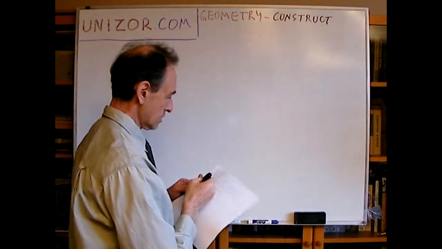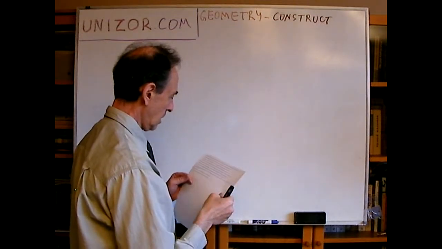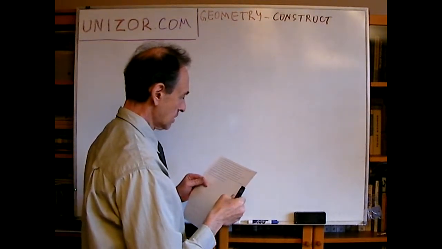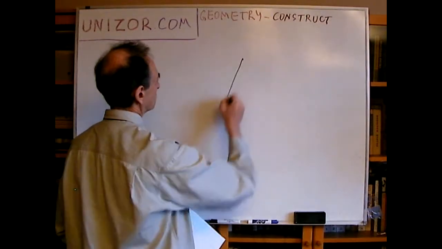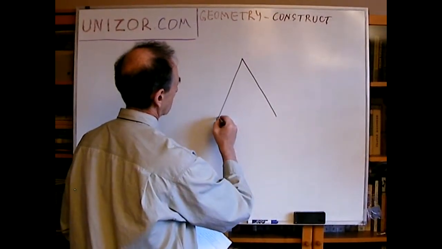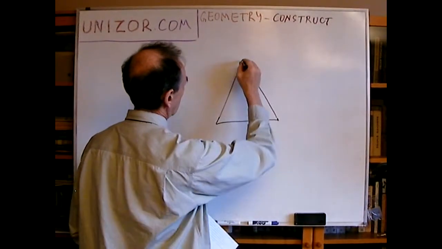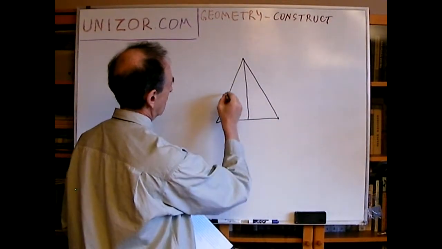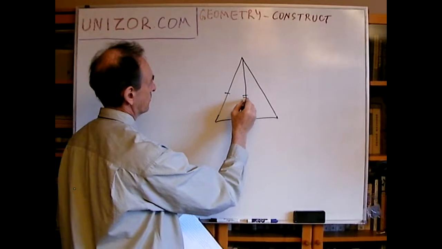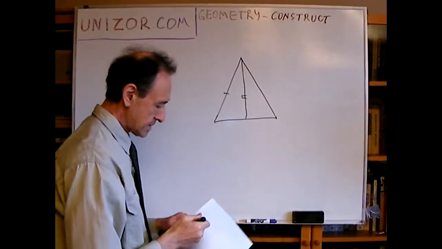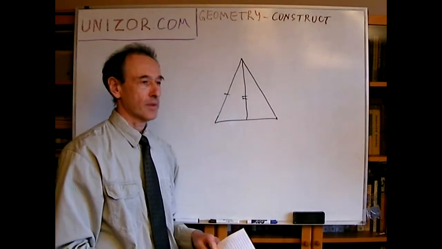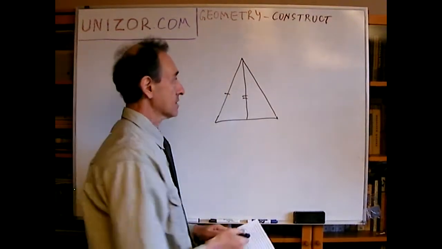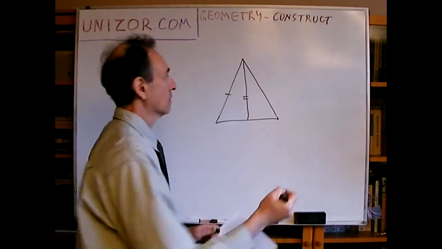Construct an isosceles triangle by altitude to a base and one of two congruent sides. Okay, so we have an isosceles triangle. We have altitude to the base and one of the sides. Now, when I'm saying that these are given elements, basically it means that somewhere on the plane there are two